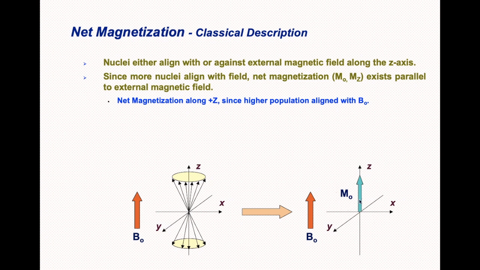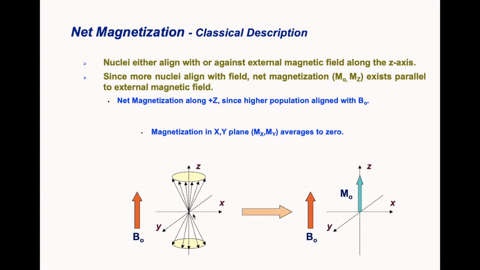And the net magnetization vector, here it is represented with M naught. This is pointed towards the z direction because we have applied the magnetic field along the z direction. If you apply it along the x-axis, the net magnetization will be towards the x-axis. So in this picture, what will be the magnetization in the other directions? For example, what will be the magnetization in the x-axis and the y-axis? In these directions, obviously the net magnetization will be 0.